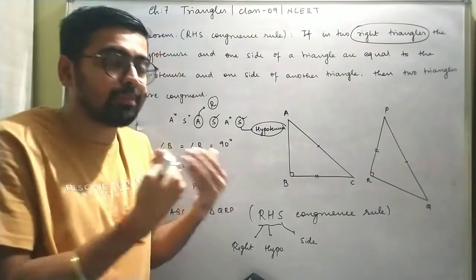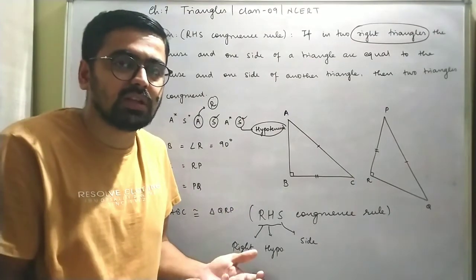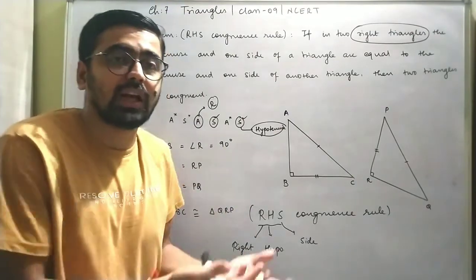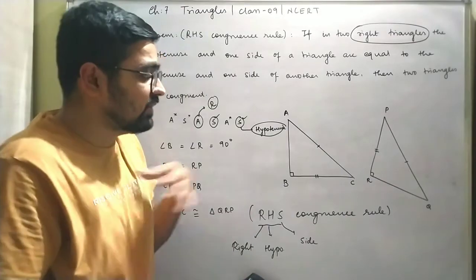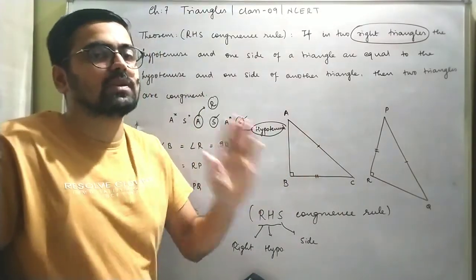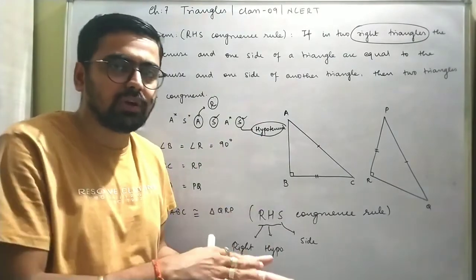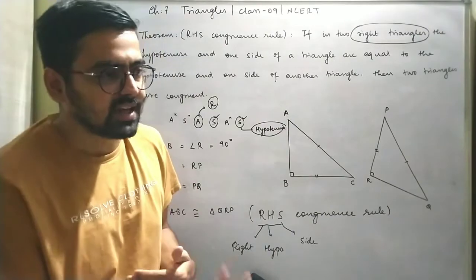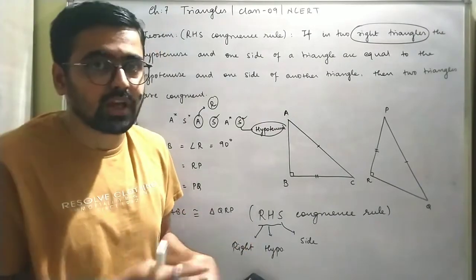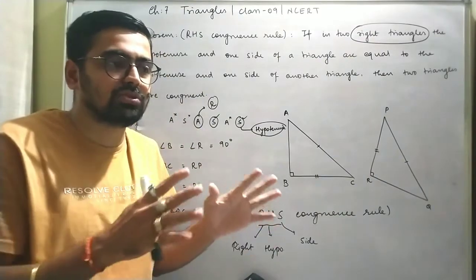Correct. तो हमें एक preference देना है, and it may or may not be giving us the required answer, or maybe some other criteria will be satisfied. But whenever we see some right angle triangle, we'll always think of RHS first. Correct. If you don't, it's okay. Somehow you will have to get there. If it satisfies side angle side or angle side angle, then it's okay. And if it doesn't, you have to go for RHS. So always in our mind it should be there.